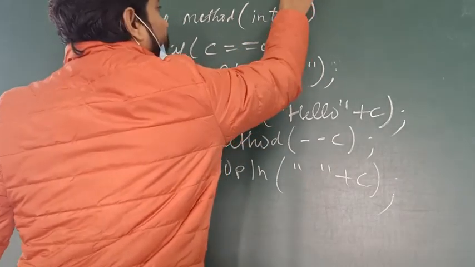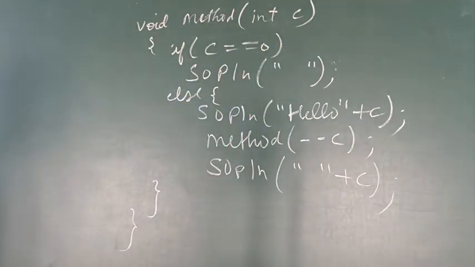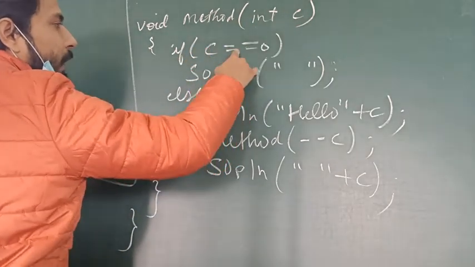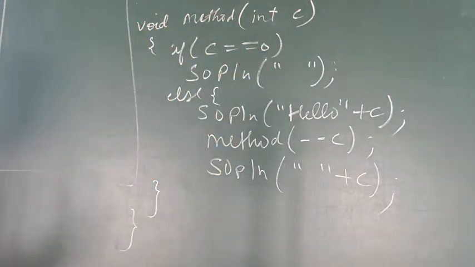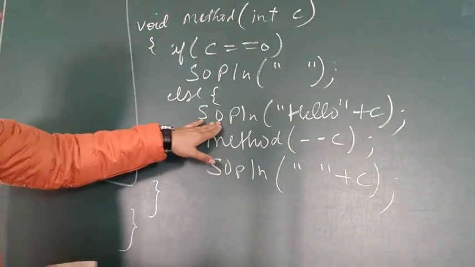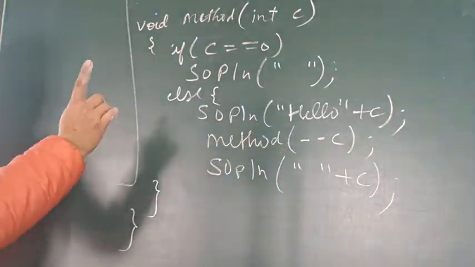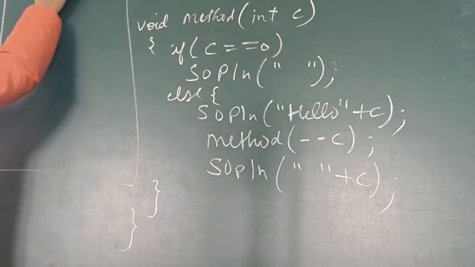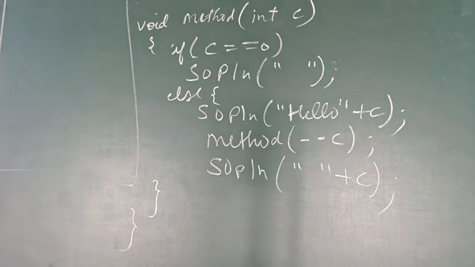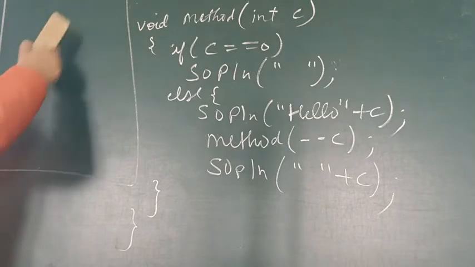Now consider this question. Int C equals 3 we had given. Is this part visible? Okay. This line? Correct? ठीक है. So int C, if C equals 0, the value is false. It will go to the else part. There it is written System.out.println C. So hello and 3 will come. Hello 3 will come.